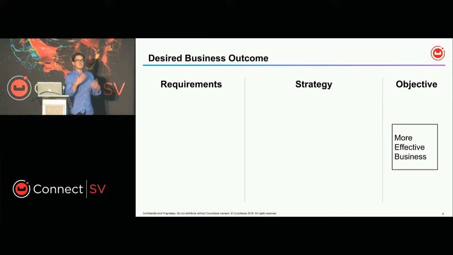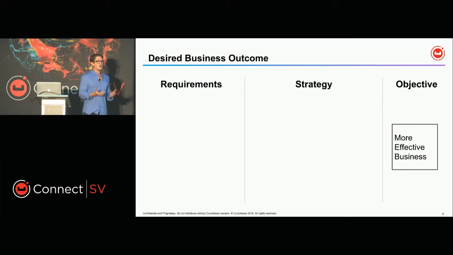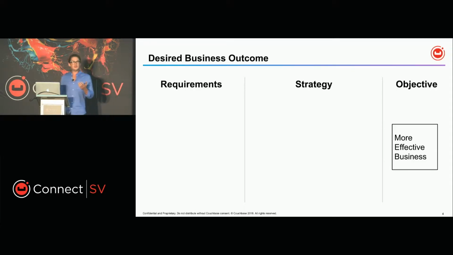All right, so businesses, why are they transforming? What are they doing day to day? They're trying to become more effective, right? So they want to deliver better services, better products at higher quality, at higher rates to their customers where they'd like to consume them. And to do that, they need to select a strategy and then apply the required components